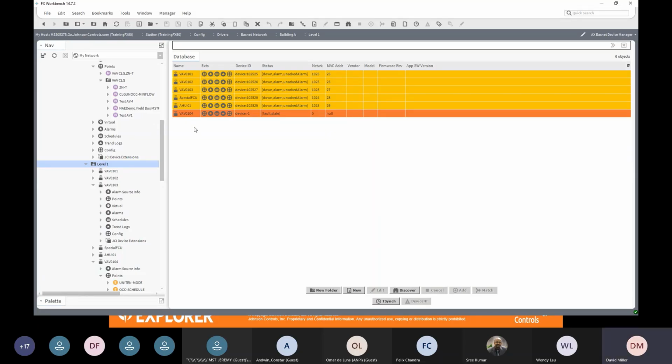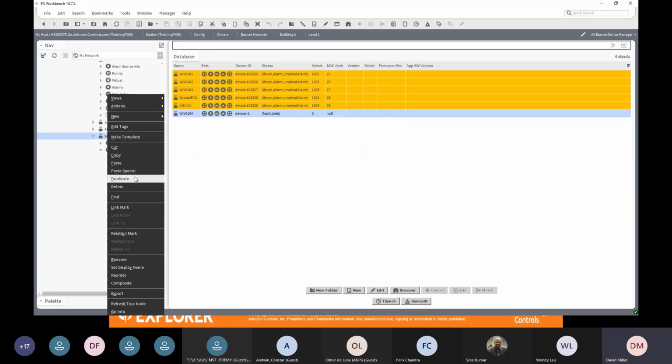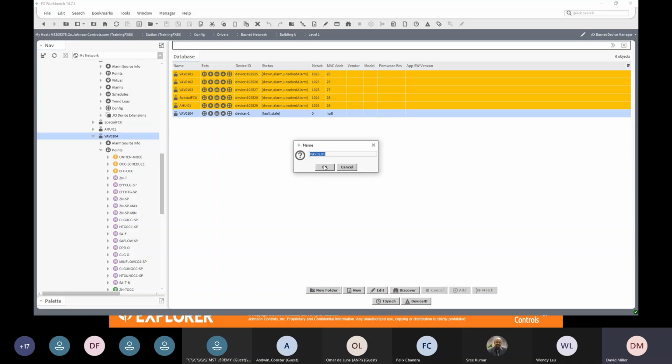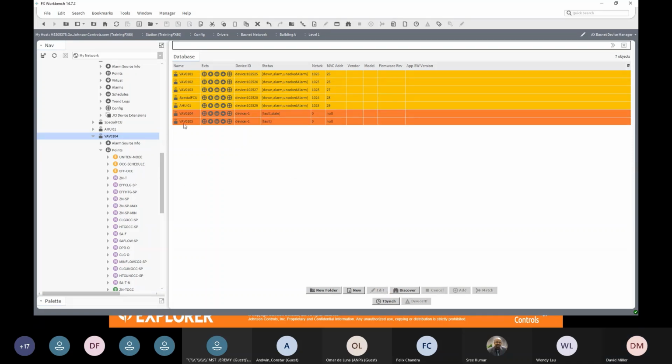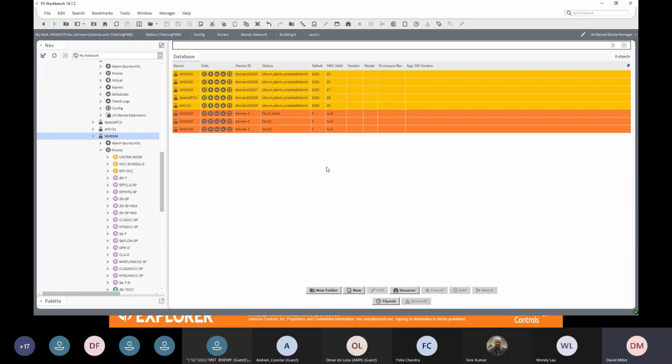The only thing that's different is when we look at our BACnet device manager, it's sitting in there as device unknown. So -1 means I don't know what that device is. And I could leave it there like that, and I could add, right click and duplicate, add 105, right click, duplicate 106, or I could right click,